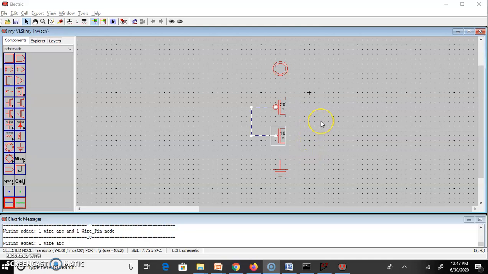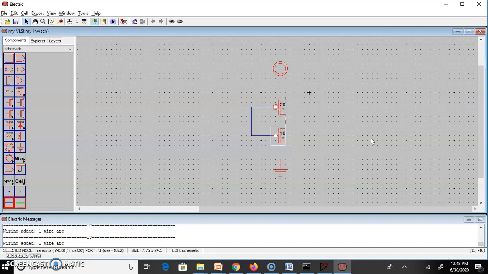For connecting any two terminal, position your cursor on first terminal, do left click. Take your cursor to the second terminal and do right click. So on first terminal left click, on second terminal right click. This way you can use wires in Electric.